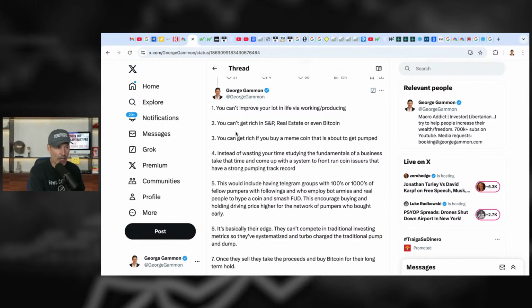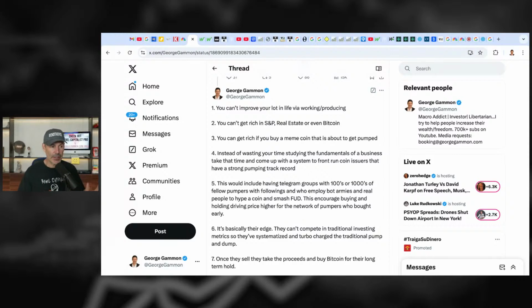Next key talking point here, another theme that's pervasive within these spaces. You can't get rich in the S&P with real estate or even Bitcoin. You can get rich if you buy a meme coin that is about to get pumped. Now, what's really